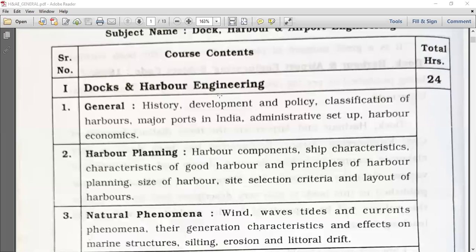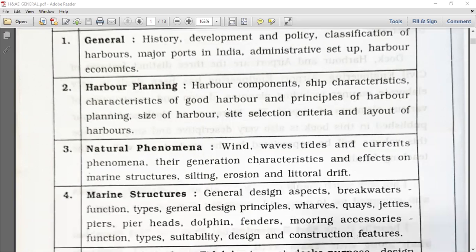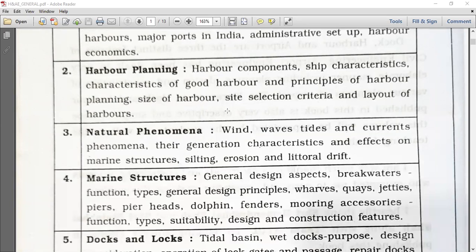In Dock and Harbor, we are going to study the general history, development, and policy classification of harbor, major ports of India, administrative setup, harbor economics, etc. Thereafter, we are going to study how to plan a harbor. As civil engineers, we have to know